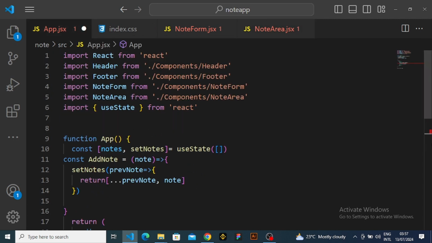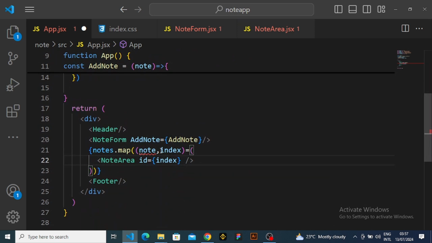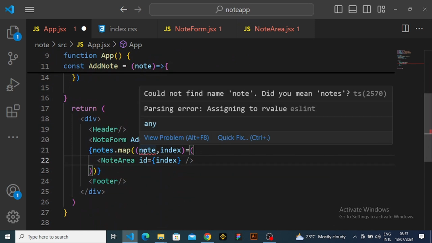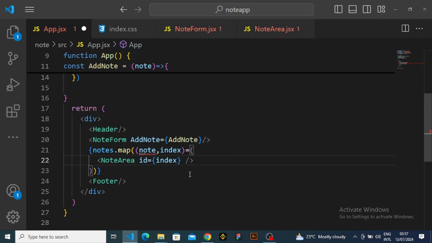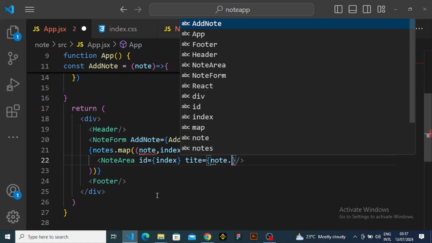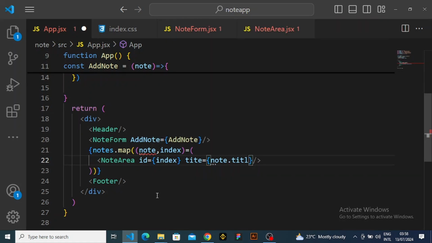So we're going to use this first parameter that represents each array to look through to get those props. So what we are going to do now is title becomes equal to this note here dot title. Content becomes equal to